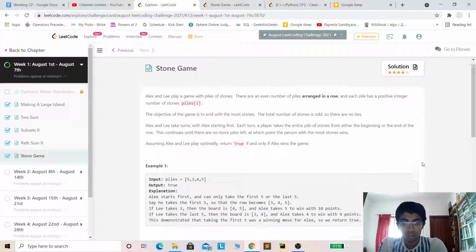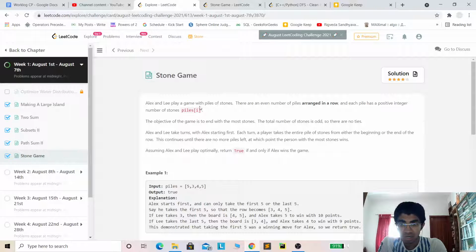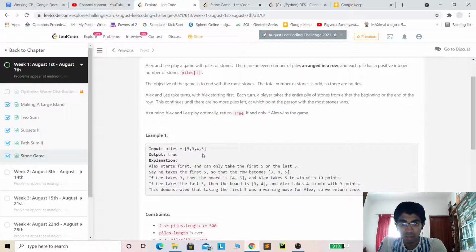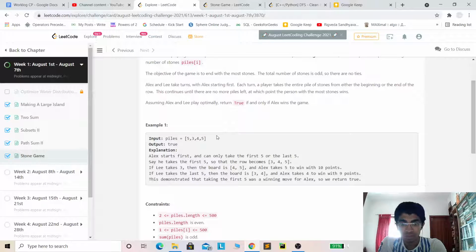In this problem, simplifying all the jargon, we are given an array of positive integers, and we have two players who play in alternate turns. In each move a player can either choose the starting element of the array or the last element of the array and add that value to his or her score, and then in the next turn the other player moves and does the same thing. When a player chooses the first or the last value, the next player will not have that element, so the array is updated after each turn.